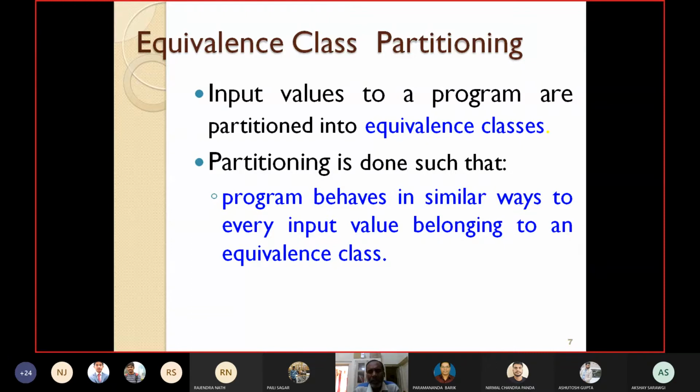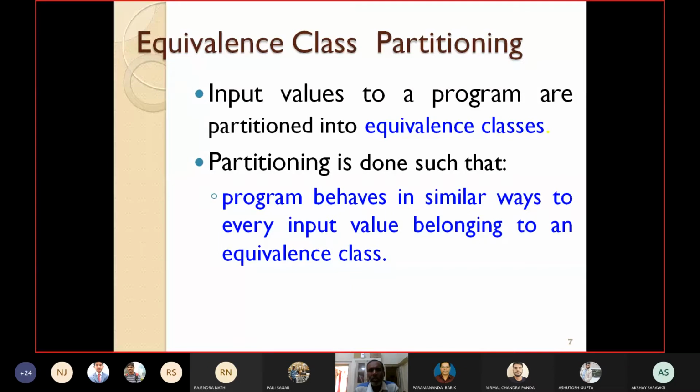Similarly, in the second equivalence class, what will I get? All the numbers which, when divided by 3, give remainder 1. So what numbers do we get in equivalence class 2? Natural number 1, then 4, then 7, then 10, like that. And what is the last equivalence class? Equivalence class 3: the set of numbers which, when divided by 3, give remainder 2. That is 2, 5, 8, 11, 14 and so on.